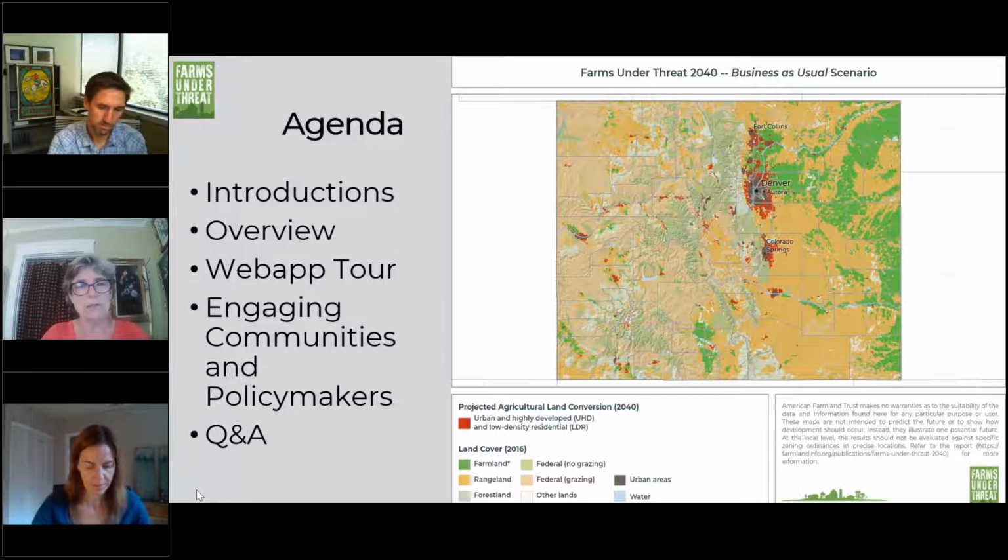I'm also AFT's Senior Policy Advisor, and I specialize in farmland protection, land access, farm transfer and succession, and ag viability. Co-hosting with me is Kara Hecker. It was great to have Kara here. Kara is AFT's Resilient Agriculture West Advisor. Kara works across regional and national programs to help develop and execute AFT's strategy for increasing resilience for agriculture in the Western United States. Kara is also going to introduce our very special guest, but before we go there,